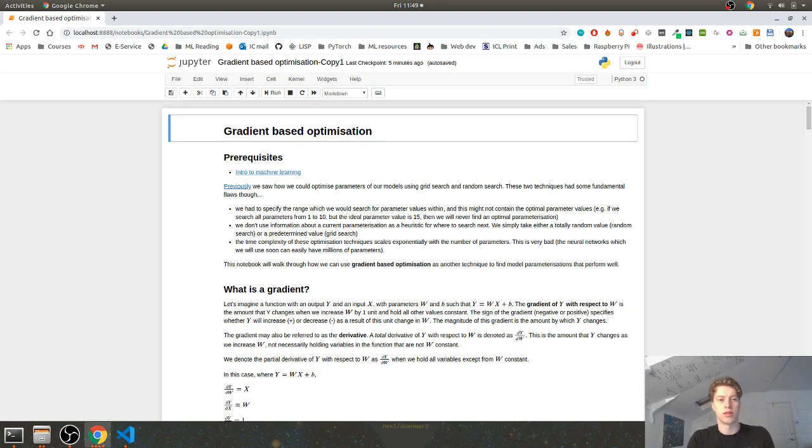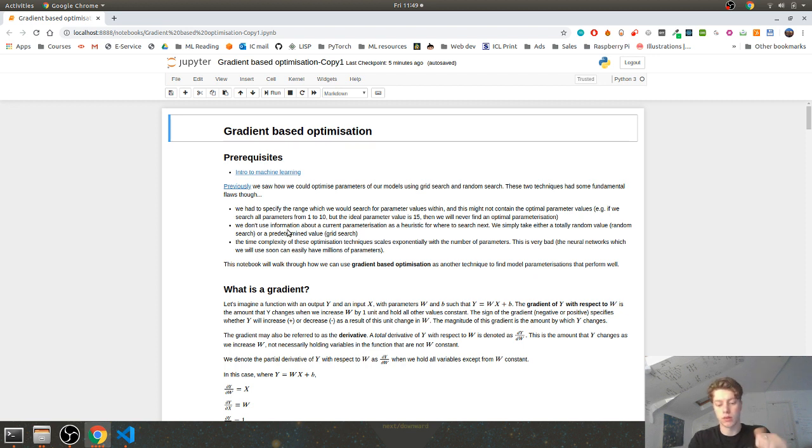All right, this notebook's going to go through gradient-based optimization. Previously we saw how we could optimize parameters of our models using grid search and random search, but they had some fundamental flaws. One of them was that we had to specify the range within which we wanted to search for parameters, and that might not actually contain the optimal parameters that we want to find. Another one is that these techniques don't use information about any of the previous parameterizations to guide where to search